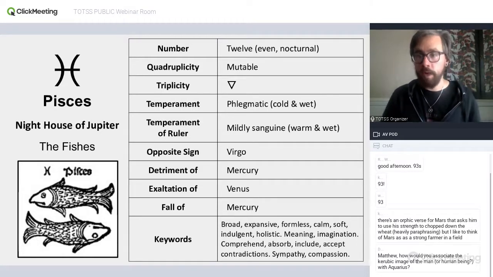We can see how the idea of Neptune ruling Pisces in modern astrology has some of that quality, though Jupiter is always interested in a cohesiveness and a stability too that I think you kind of lose when you've got just Neptune as ruling Pisces, where Neptune is just that formless quality. But I think it's important to bring those Jupiterian aspects here as well, because Pisces can sometimes get a bit of a bad reputation, but you get a much more balanced perspective on Pisces when you bring in the Jupiterian symbolism.